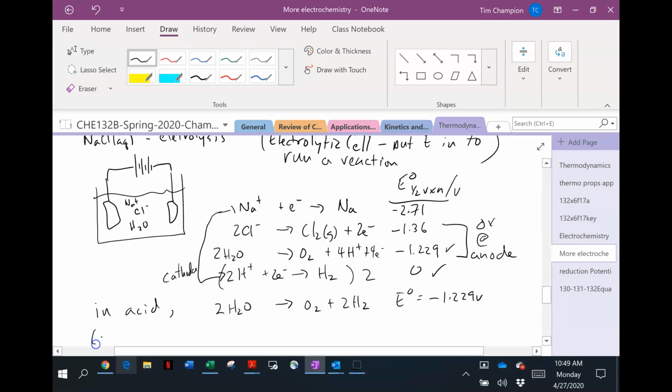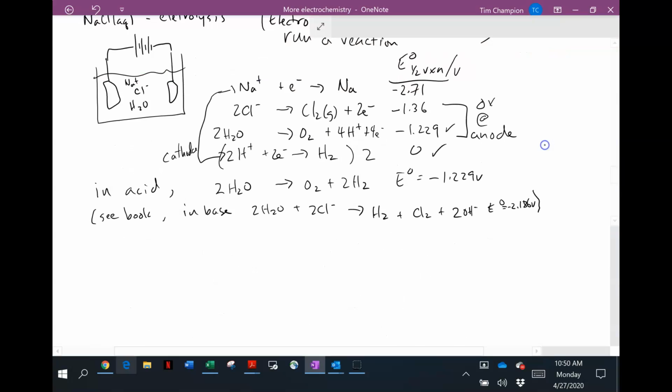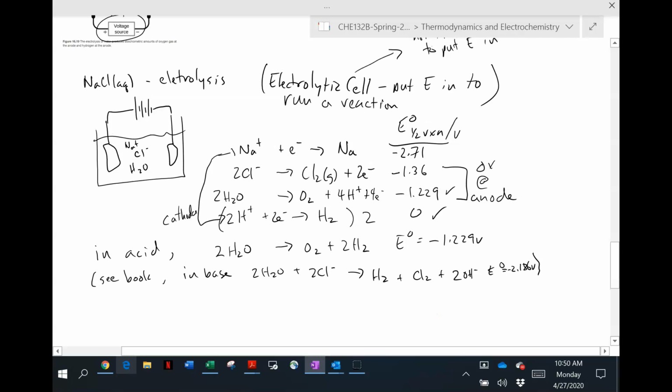So in base, what happens is 2 waters plus 2 chlorides go to H2 plus Cl2 plus 2 hydroxides, and the potential for that is negative 2.186 volts, which is the most favorable possible combination. If you've got multiple unfavorable reactions that can happen, the one that's going to happen first as you apply energy is the most favorable of the unfavorable